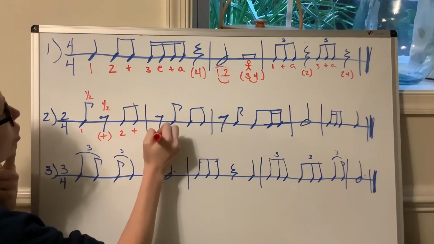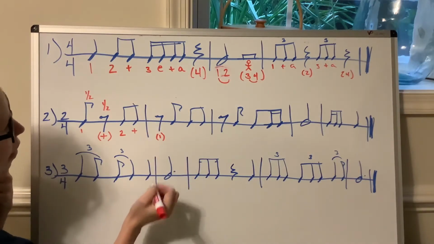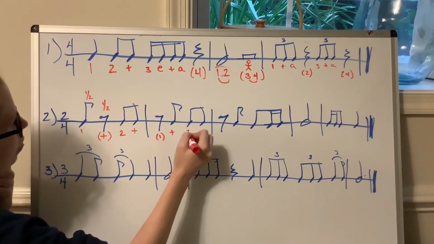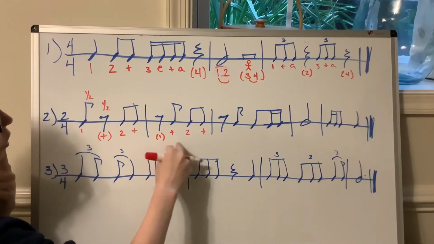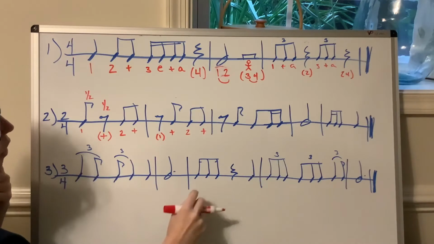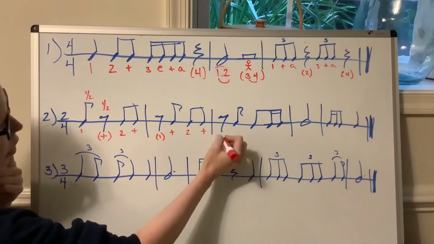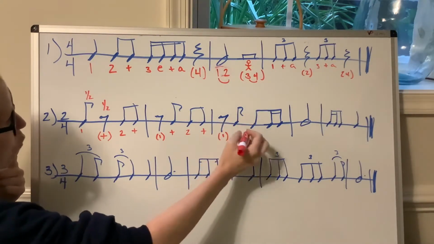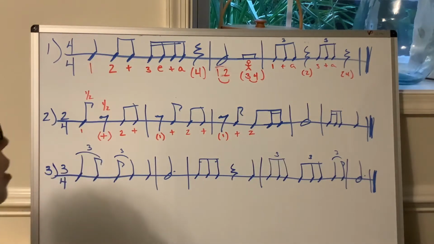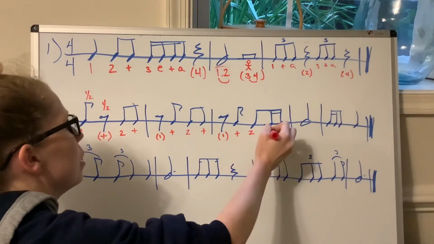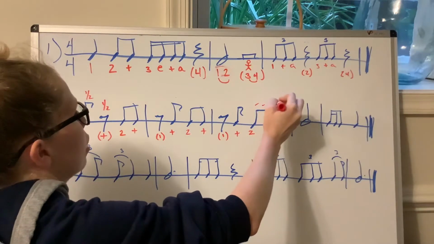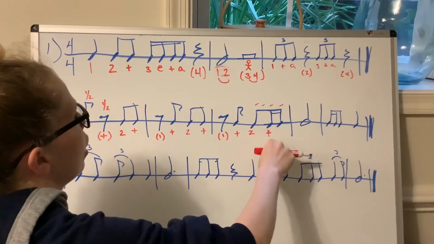Bar line, I start over on beat 1, but it's quiet. Here's my other half of beat 1. Means beat 2, and if this confuses you, you can always start backwards in the measure too. Or, well, I'll do it on a different one because this one will be a little tricky. Beat 1, the other half of beat 1 means this is beat 2. So this is the first half of beat 2, which means this has to be and. And if this was 1 E and 1 E and